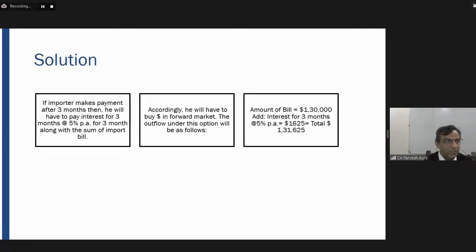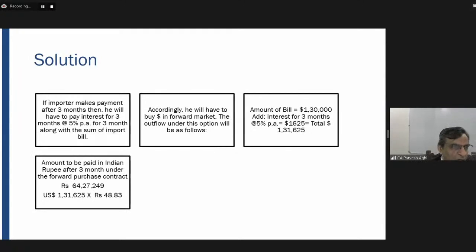So the total dollar outflow will be $1,31,625. Here the exporter is saying, pay me after 3 months, but pay me 5% rate of interest. So instead of paying $1,30,000, you have to pay $1,31,625 along with interest. In this case, we are going to use the forward rates. So the amount to be paid in Indian rupees after 3 months under the forward purchase contract would be